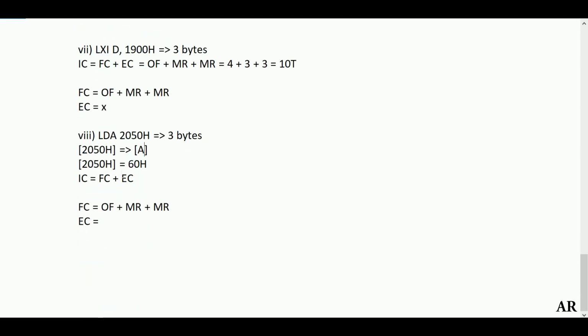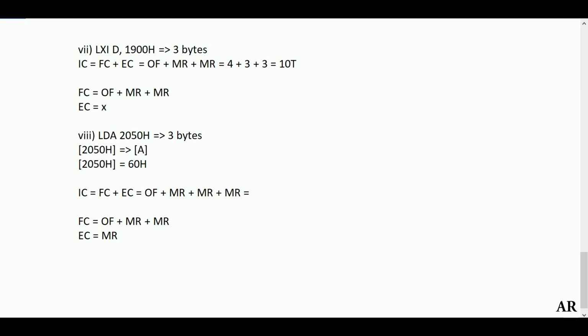So here, once the microprocessor has this entire content, it has to execute this instruction. To execute, it needs to reach this memory address. So here what will happen is, it will read the data at this address and place it in the accumulator. So in the execute cycle, you will have a memory read operation. So if we combine it, this will take a total of 30 T states.